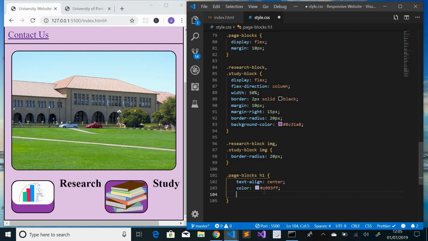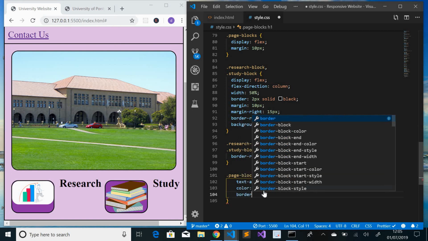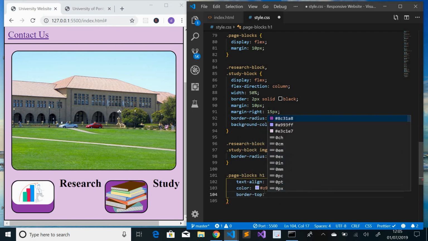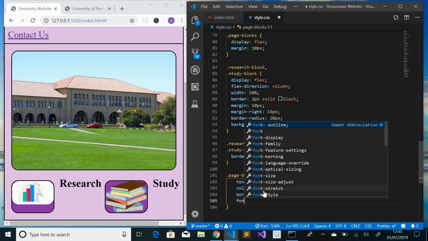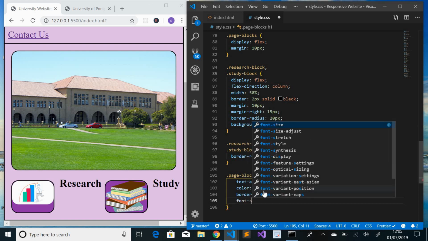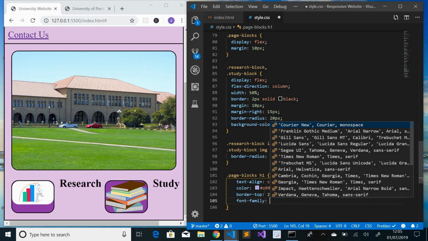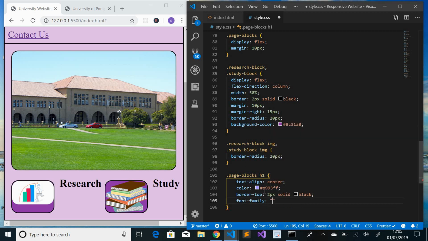Next, I will give it a border-top of 2 pixel solid black. Next, I will give it a font-family of Quattrocento,